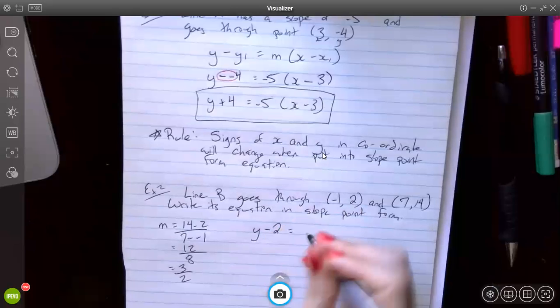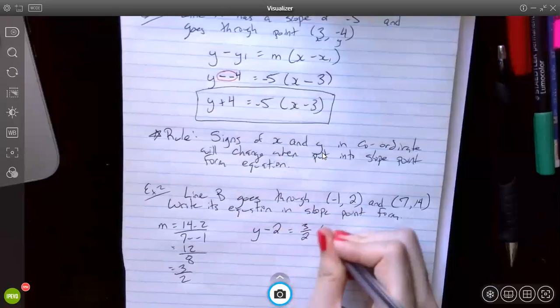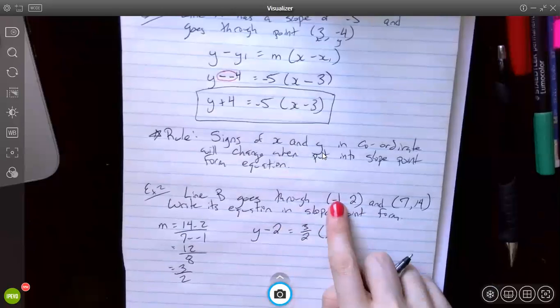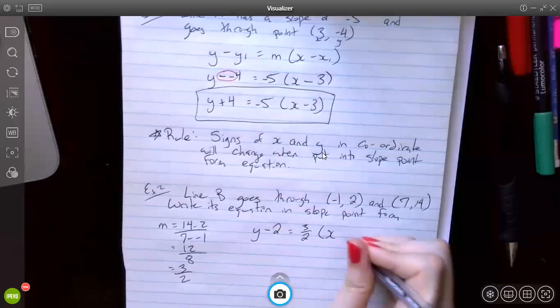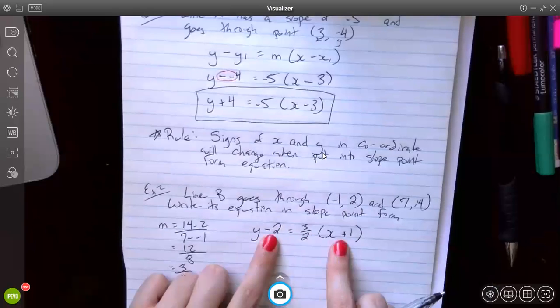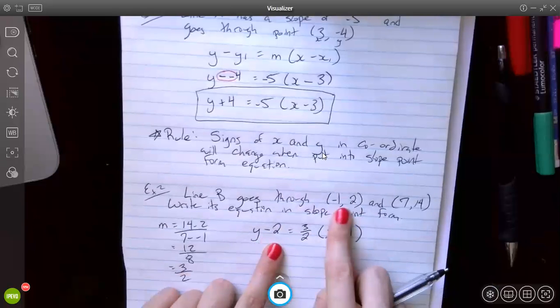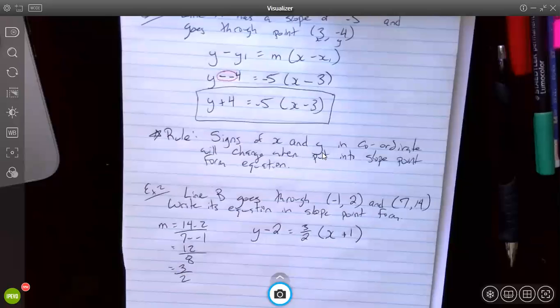my slope, 3/2, and then x minus my x variable. But remember, when I subtract a negative number, it really becomes positive. So that is what the equation of a line would look like. So I have my slope, I have my x and y coordinate, and their signs are backwards from what they were in the point. I could also write it using the other point,